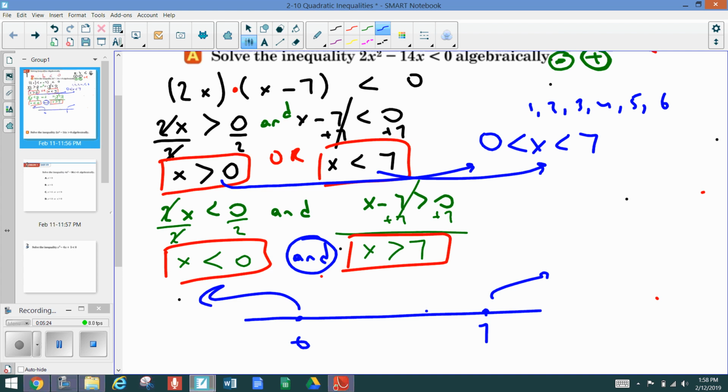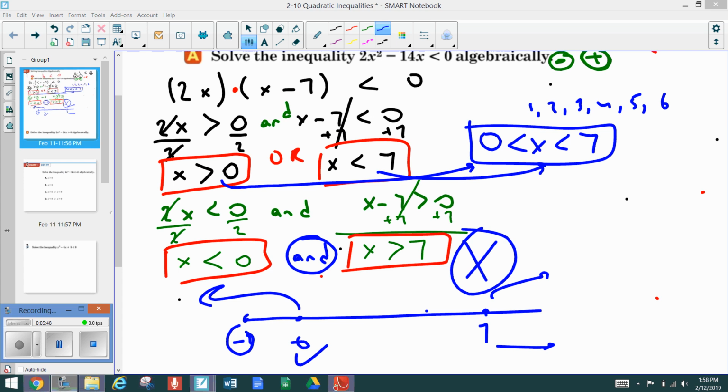Is that possible? No way. For example, -2. Yes, this satisfies. -2 is here. It's okay for this, but -2 is not greater than 7. No way. So we're not taking that second portion. So the result is